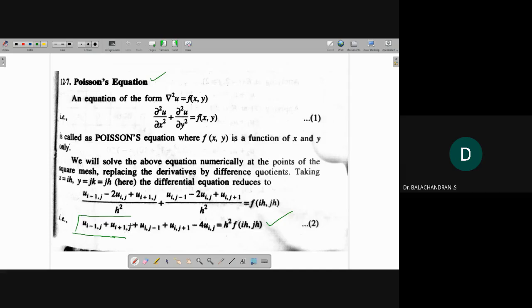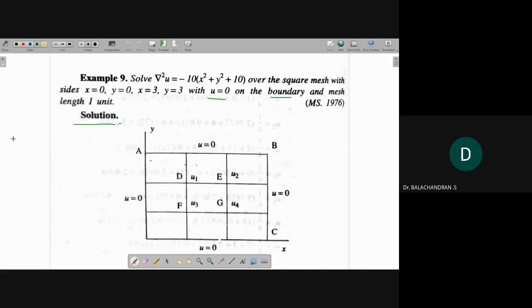The previous method you can do without the formula, but here you should know this formula: u(i-1,j) plus u(i+1,j) plus u(i,j-1) plus u(i,j+1) minus 4 u(i,j) equal to